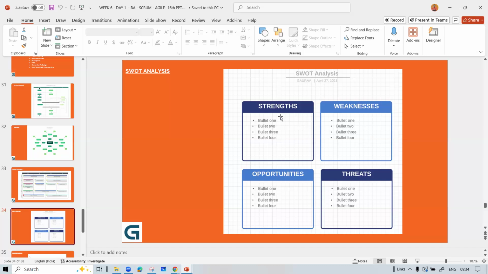Even when you do the SWOT analysis, you will identify the strengths, the opportunities, the weaknesses, and the threats. But overall, this work is done with the intent to create opportunity, not only for the customer to grow, but also for yourself to grow as an organization, and within the organization, personally for you. Why am I saying this? What do you think? Who can think why I told you this?